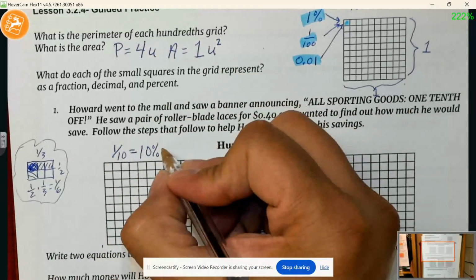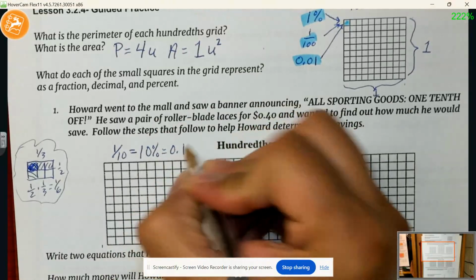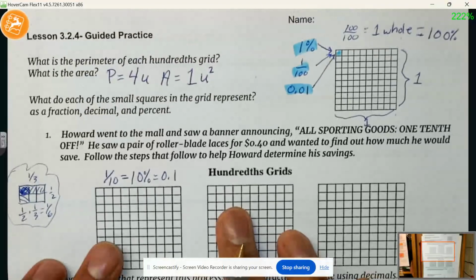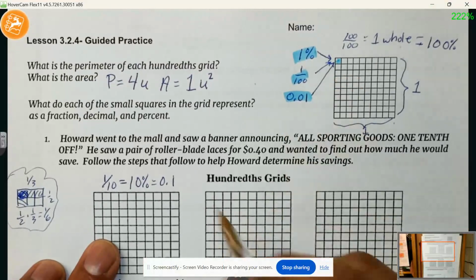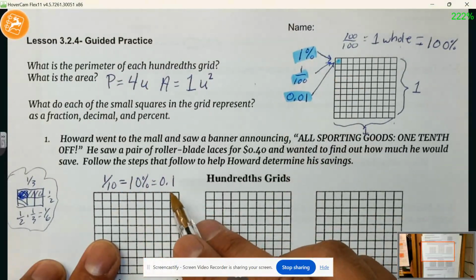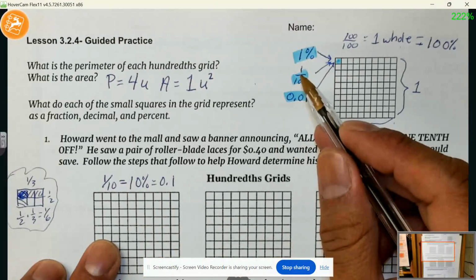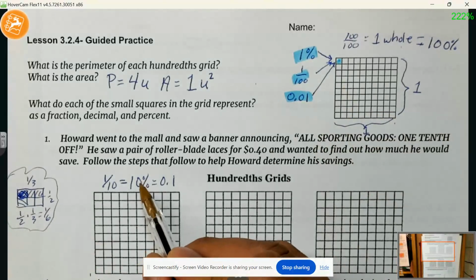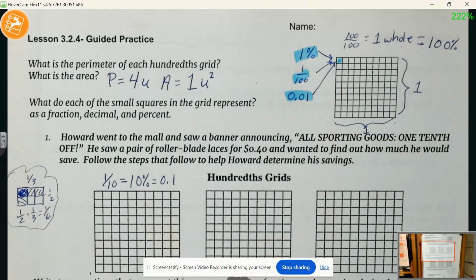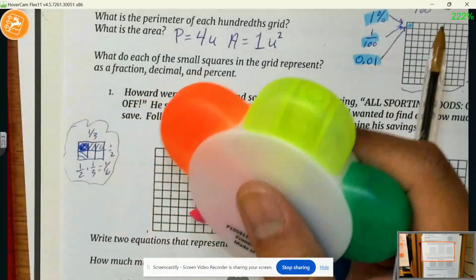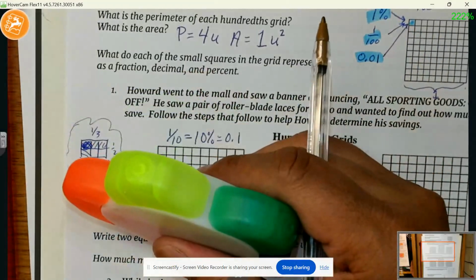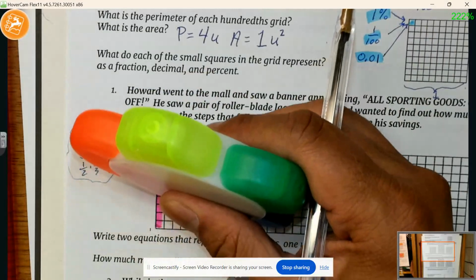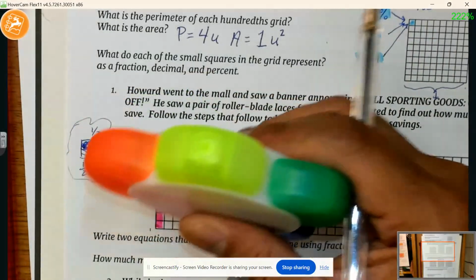And as a decimal, that would be 0.1. Okay, so which one of us will help here? Fraction, decimal, or percent? If we look at the percent, 1% is one of those boxes. So 10% would be 10 of those boxes. So we're going to shade in 10 of them, and we're going to do it vertically. Okay, so vertically we're going to show 10%,